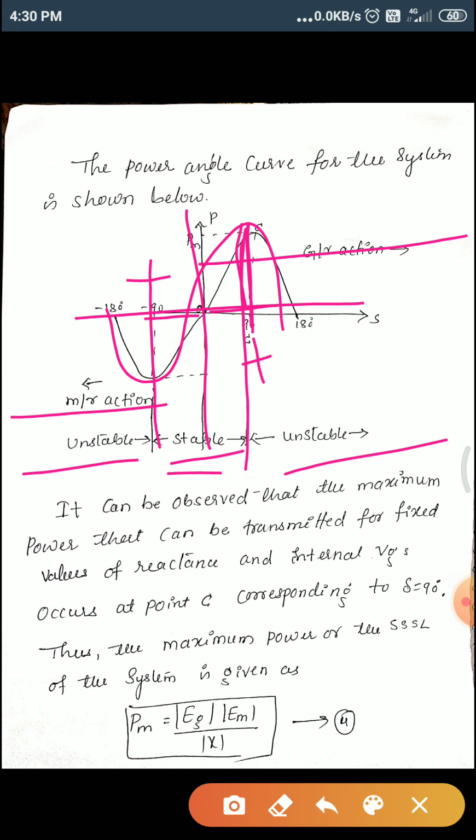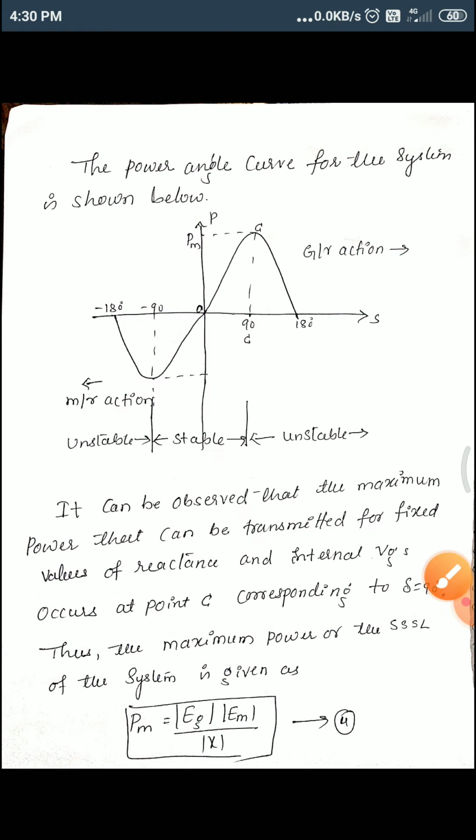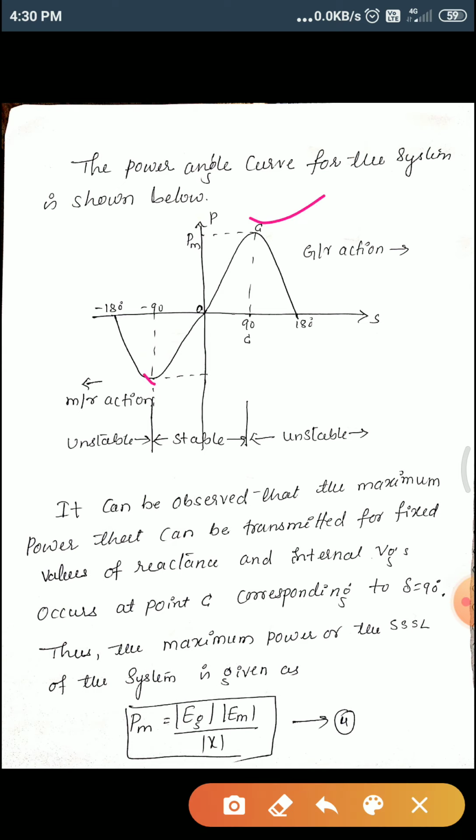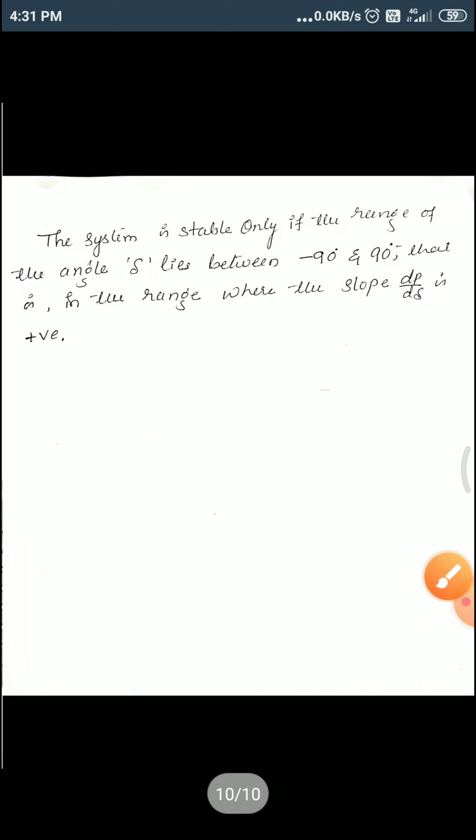So what we can say is, it can be observed that the maximum power that can be transmitted for a fixed value of reactance and internal voltage occurs at point C here. So this is a C and one more is here, also C, corresponding to delta equal to 90 degrees. Thus the maximum power, or the steady state stability limit of the system, is given by Pm equal to this one. So for the Pm as well as the Pe,